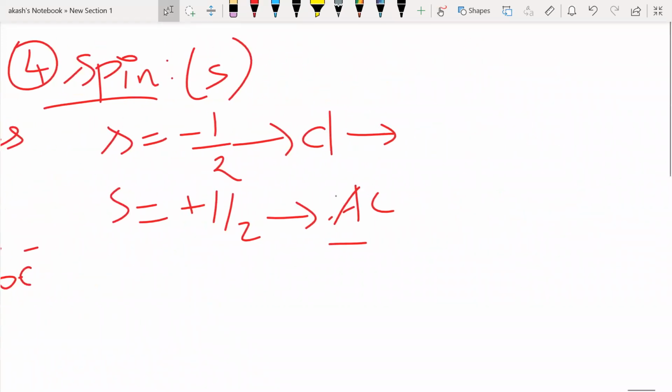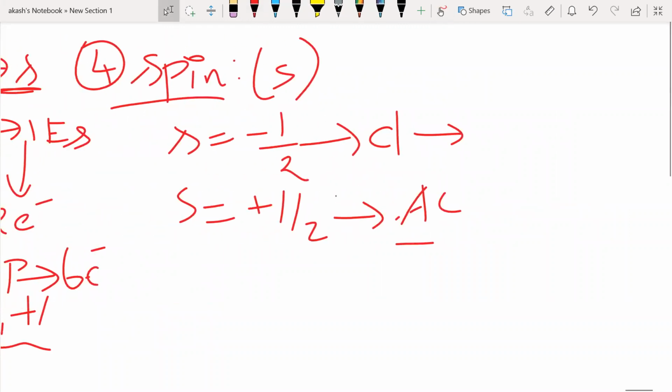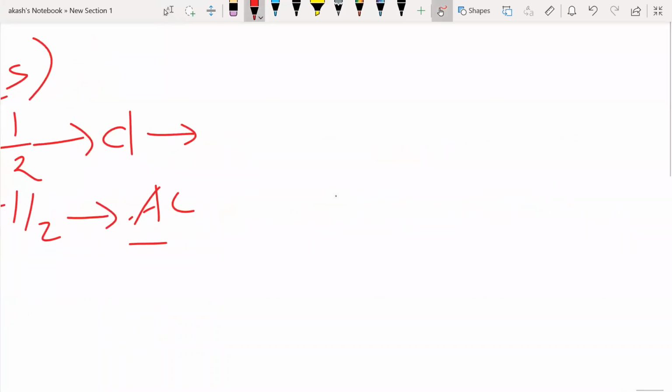Now, how do you fill electrons? We already know how to fill electrons, but there are going to be certain rules. That alone we'll see. And obviously there is something about the shapes of the orbitals. Again, I'm not going to speak about it because you already know the shapes of the orbitals. S orbital is spherical, p orbital is dumbbell shaped, d orbital is double dumbbell shaped, except for dz squared. There is going to be a ring and all that. So what I was telling is, we are going to see what are the rules.